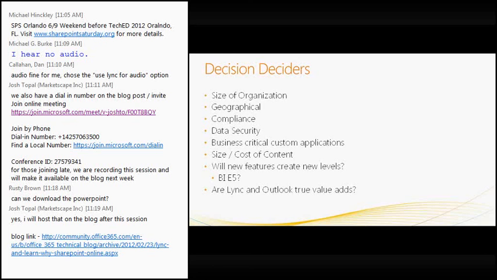What kind of data security levels are you going to have? Are there certain areas that you want to lock down firmer than others? You want to make sure that you communicate those quite clearly. Is there any kind of business critical custom applications that you might have? The example I had earlier is one sitting on an older version of 2007 SharePoint. Some of those might not be able to be transformed over yet, or at all, depending on how they were designed and developed. So you want to take that into consideration to make sure that access is still available to that.